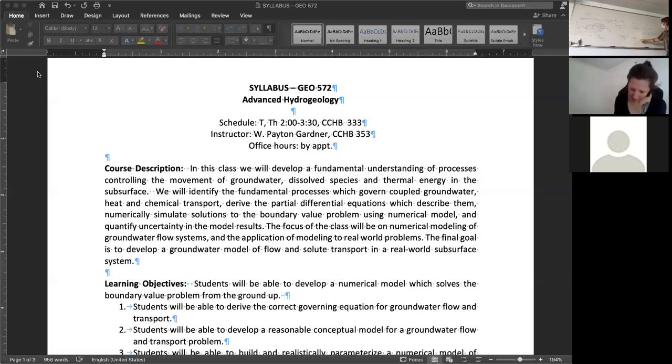Right, mass in. And then I'm just going to do some algebra here. So minus rho water times qx times delta y times delta z minus rho water